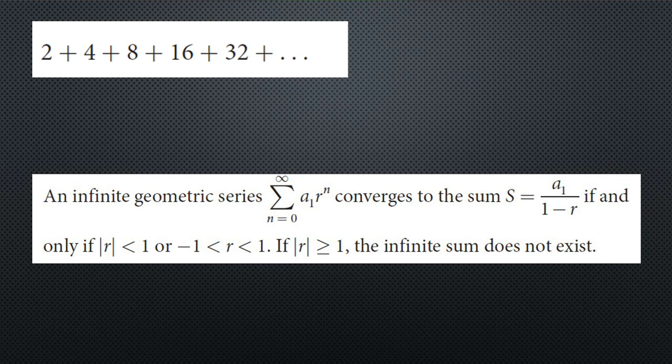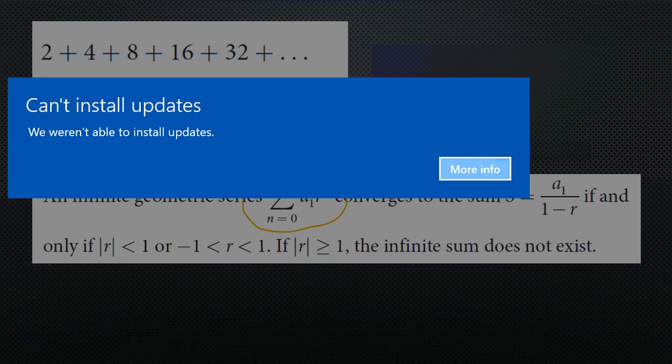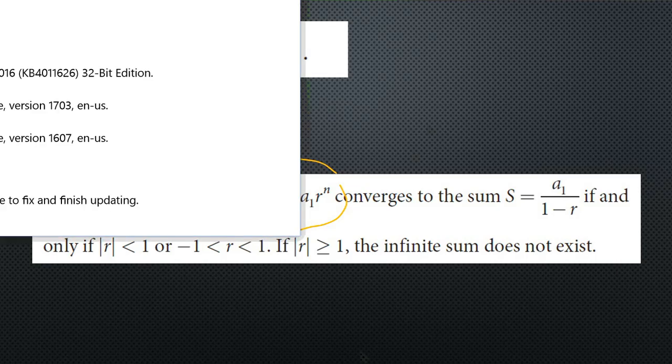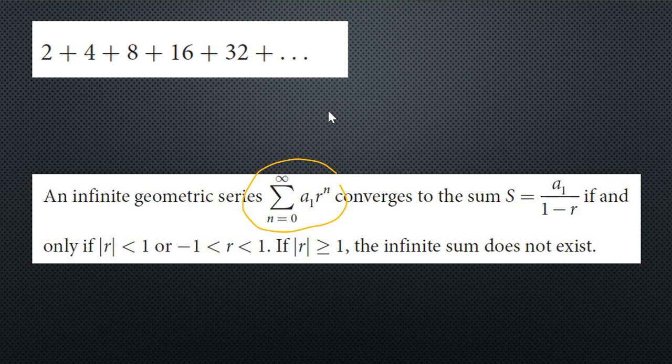Okay, so let's get into geometric series and see if we can find an infinite sum. So an infinite sum in terms of sigma notation will look like this sigma right here. It'll say 0 to infinity, and it'll give you the rule to the right. This theorem here says that an infinite sum